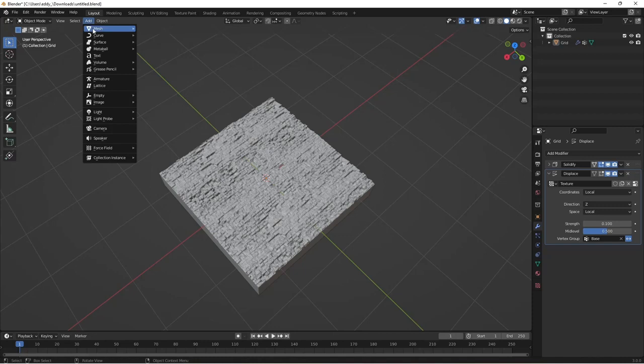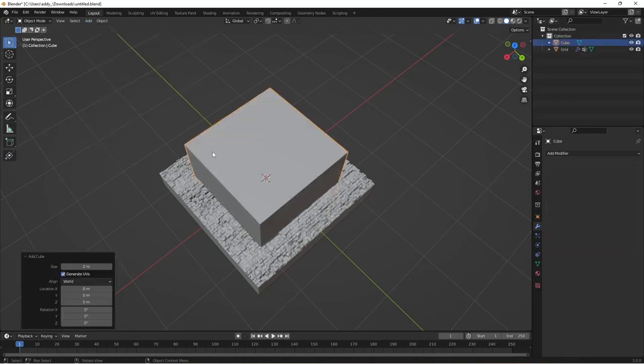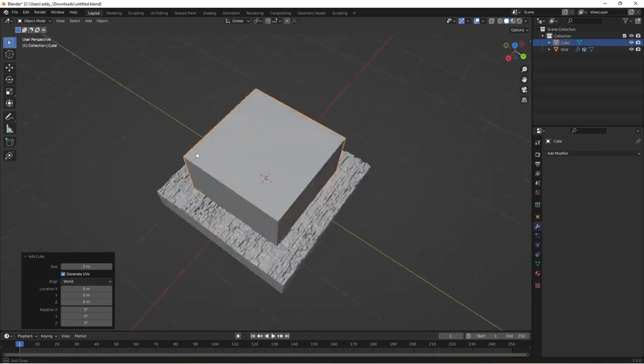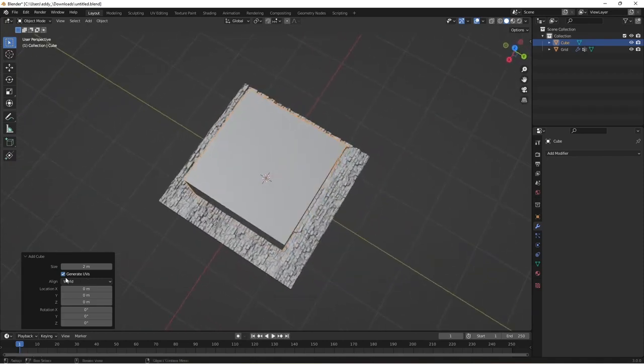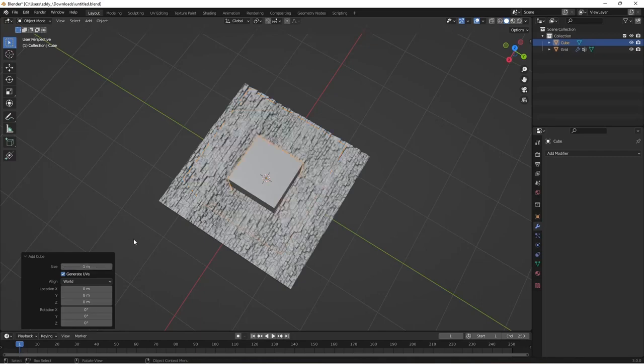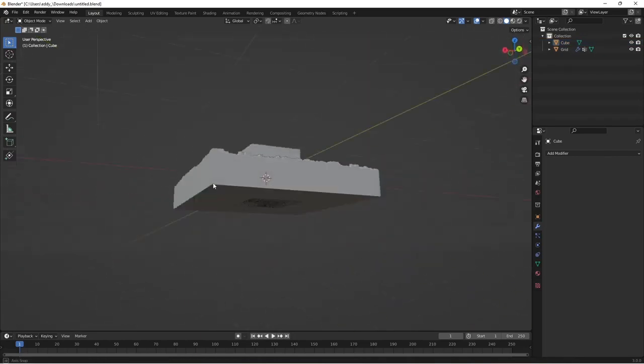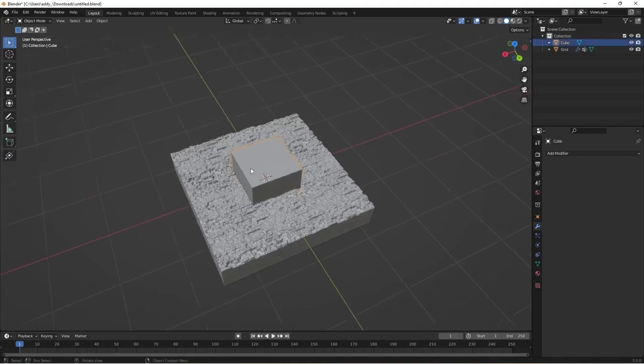So if we add a mesh, top left, mesh, come across, it's got plane, go down to cube, just add a cube. There we go. And what it does, it sticks it in the centre of the workspace. It brings up a box on the bottom left, just resize that to a 1 or whatever size you're going to cut out of it. So there we go. So if we move that down the tab,